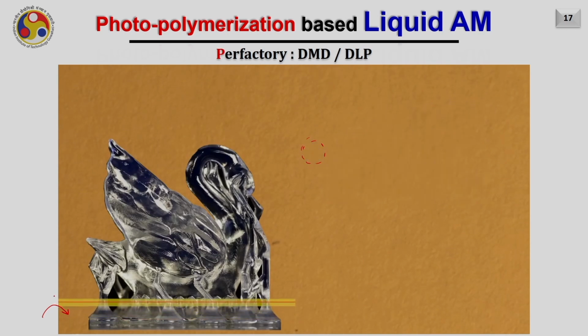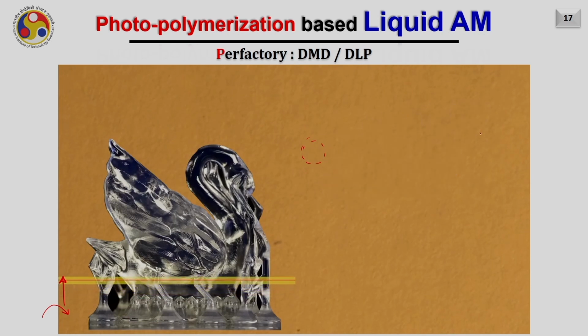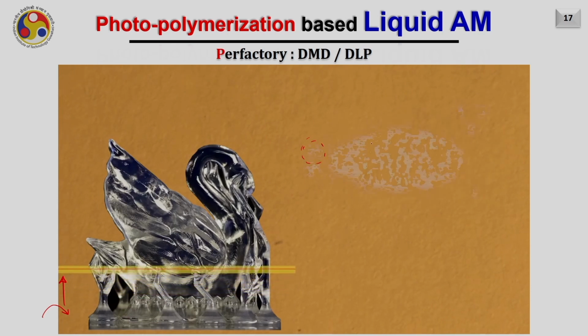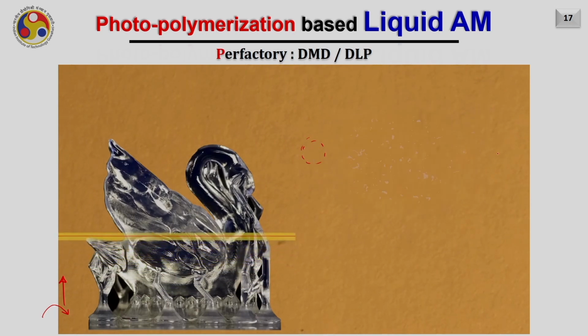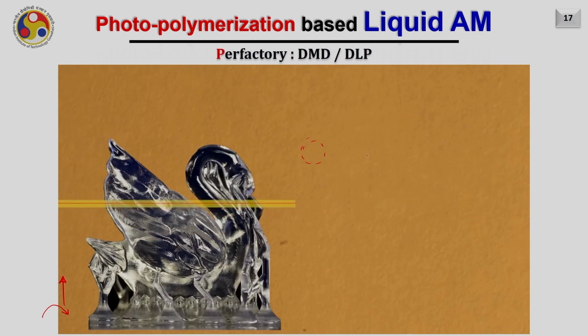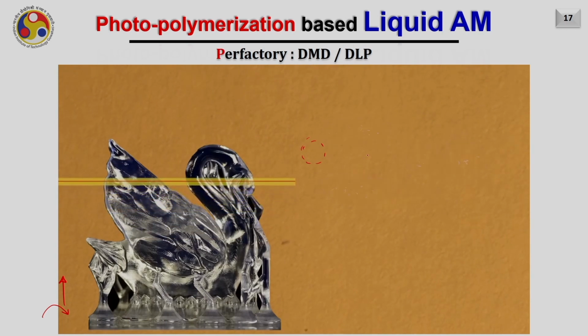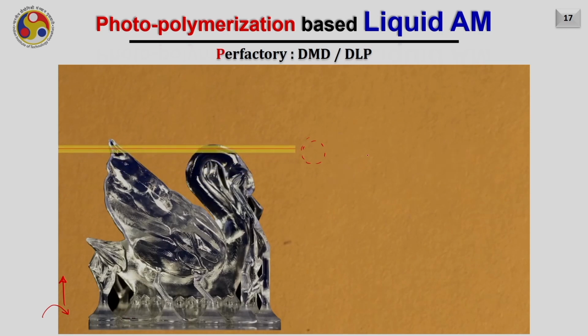As we keep on moving, the slice is moving, as you are seeing here, the pixels that need to be activated are changing continuously, and you can see the entire layer gets cured in a single go, whatever the size of the layer is or how many pixels are activated or deactivated, that doesn't even matter. That is why I mentioned the time required to make the component by DLP based wet photopolymerization is directly proportional to the height of the object.